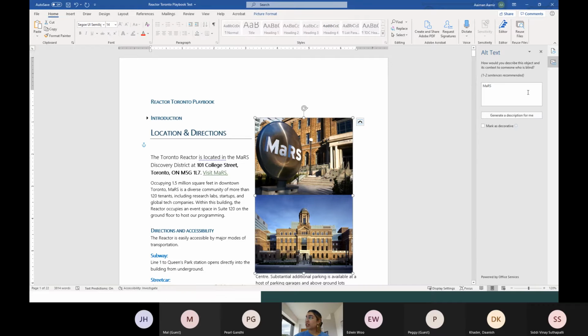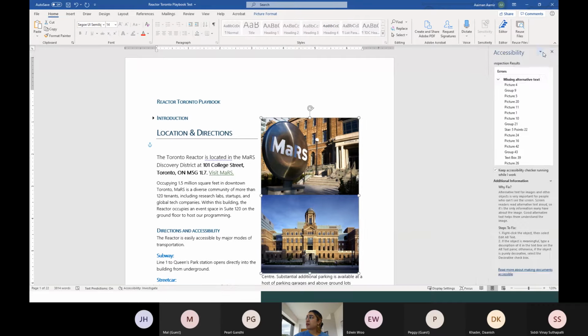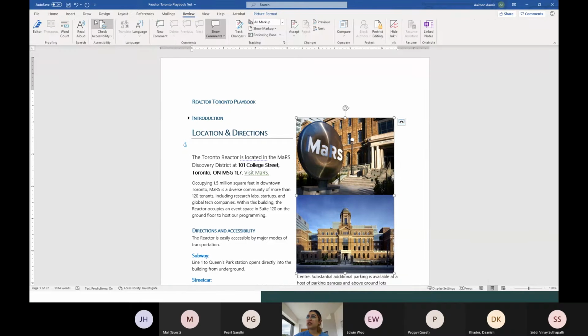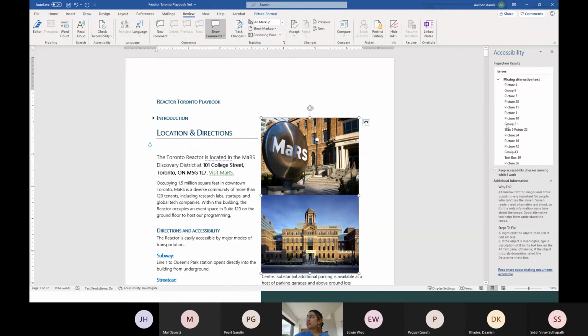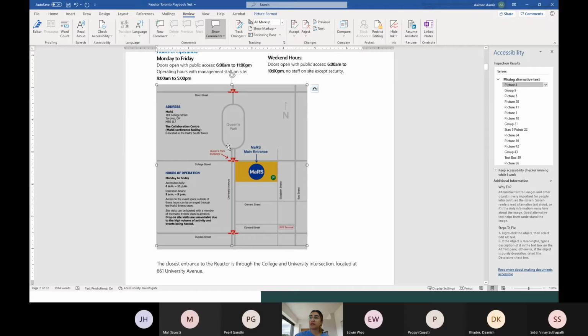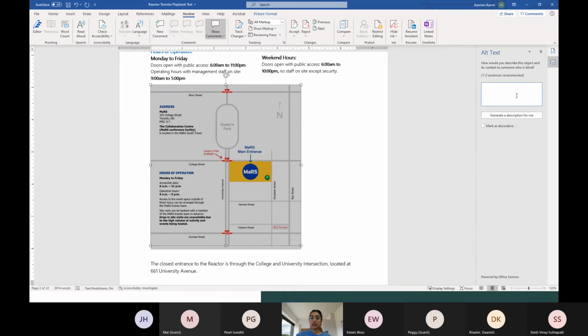This image right here is how I went to the accessibility checker, where basically you go to Review, Check Accessibility, and it'll give you a bunch of these errors or warnings. So for this image, for example, it says there are 25 images in this document where I haven't added alternative text. If I go to image picture 4, which is, for example, a map of where Mars is located, I would just go here, add a description, and add map of Mars location